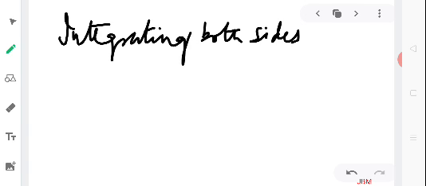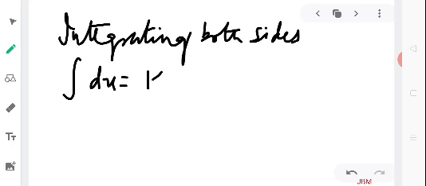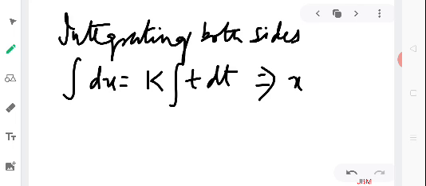Integrating both sides, you have integral dx equal to, now check out, in this expression k is constant, so we can keep k out of the integral sign, so k integral t dt. So on integrating you get x equal to k t square by 2